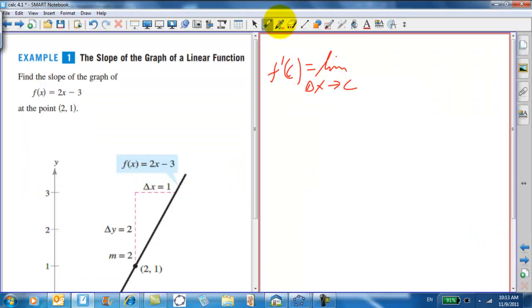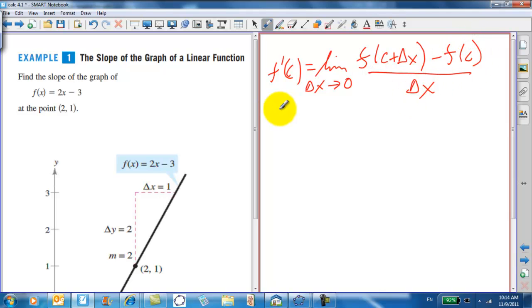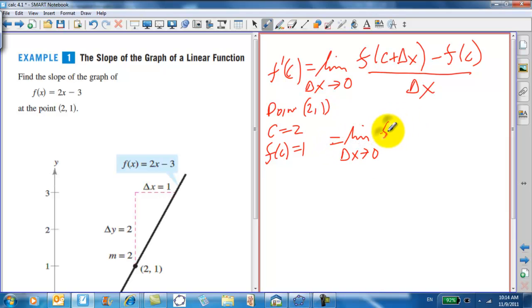As delta x goes to 0, of f of c plus delta x minus f of c over delta x. In this case, c equals 2, and f of c equals 1. When you put 2 into the formula, 2 times 2 minus 3 is 1. So this limit becomes the limit as delta x goes to 0 of f of 2 plus delta x minus f of 2